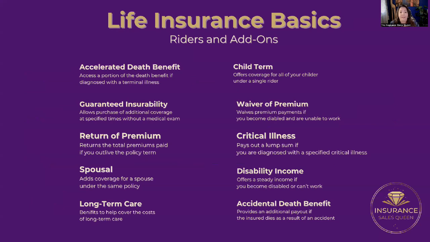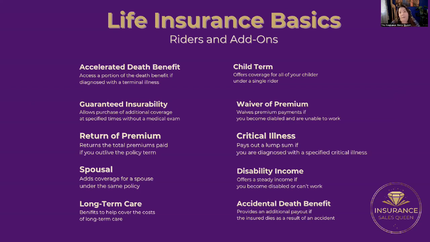Accelerated death benefit, it's a portion of the death benefit. If you're diagnosed with terminal illness, cancer is a great example there. So as someone is going through their procedures, there may need to be some extra funds. So accelerated death, it's to help kind of make things a little more comfortable. Guaranteed insurability. If a policy is getting ready to time out, this is the rider that can be put on there to extend without a medical exam. So as we know, as we're going along in life and we age, things tend to come up, right?